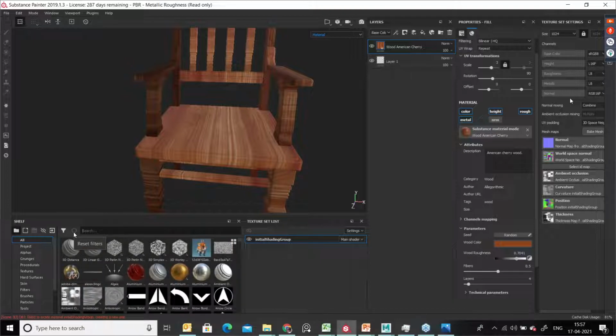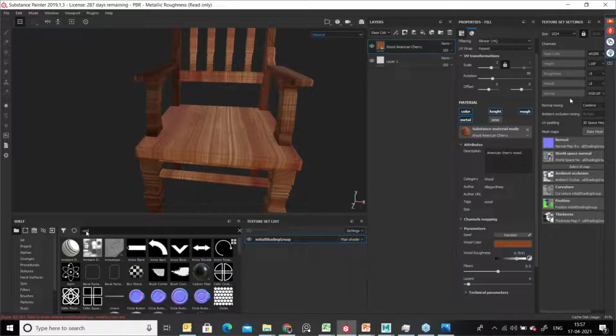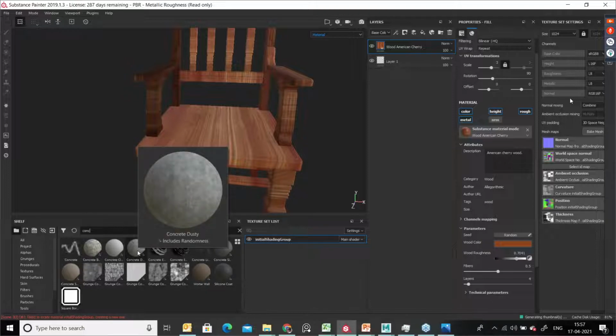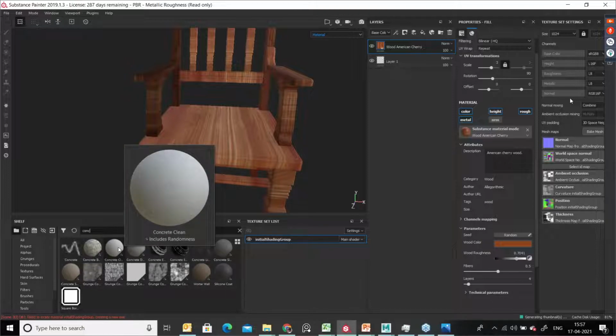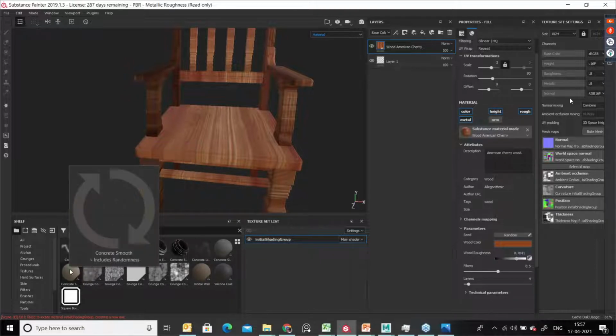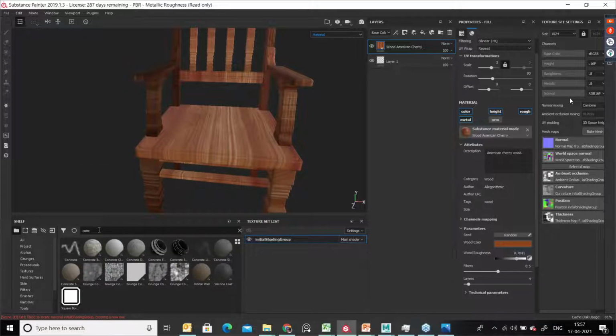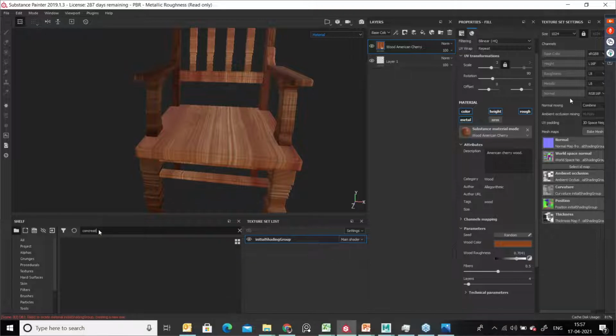Here I am going to search for one more option, concrete. Okay. In concrete, I have so many concrete textures. I would like to pick some specific concrete pattern for this texture. Concrete, yes.